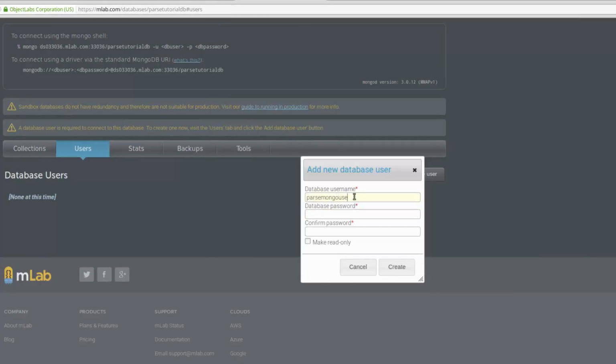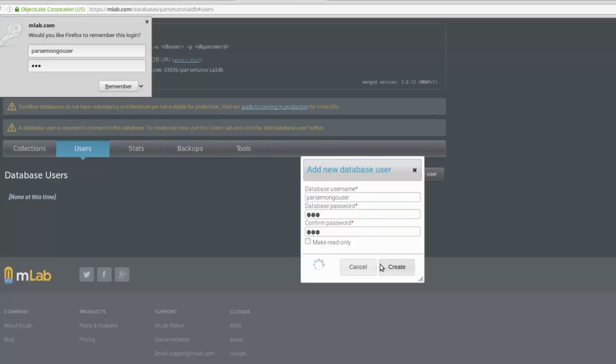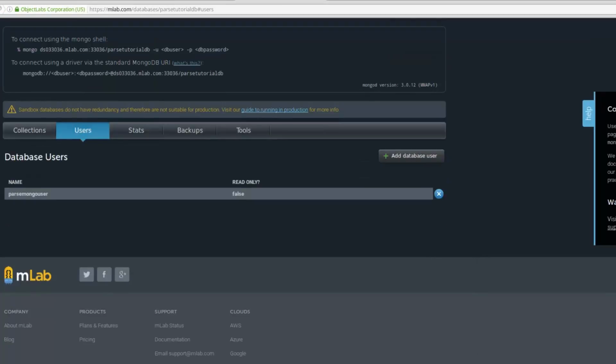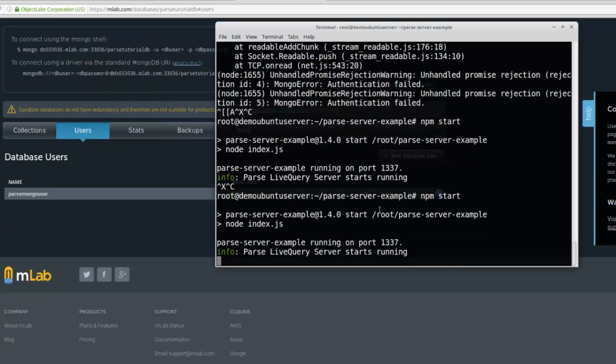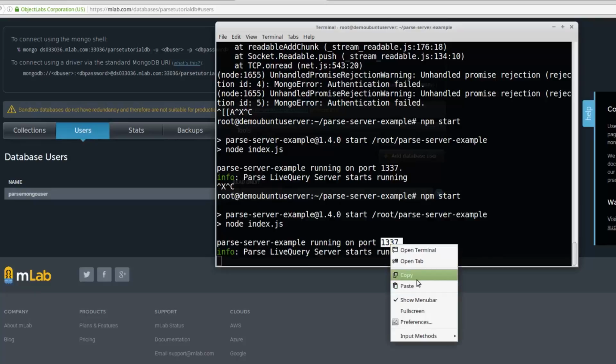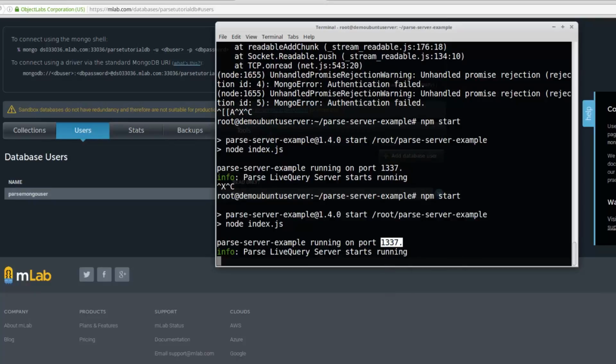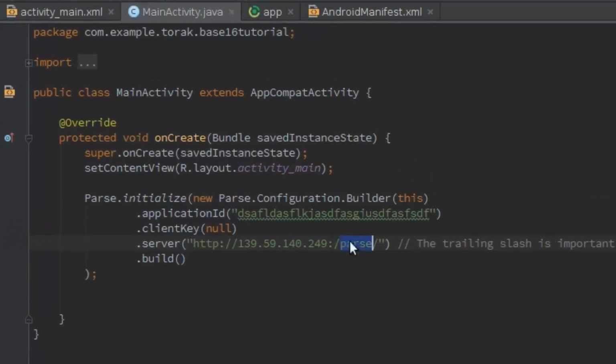Okay, let's create this user again. Okay, our Parse server is running, and you can see the port number over here. We just need to paste our port number here without a dot, of course. And when we saved it, okay,